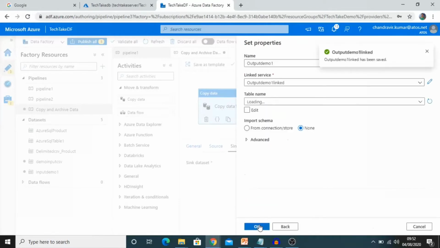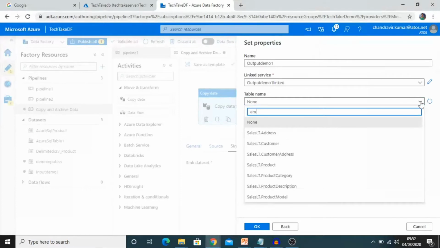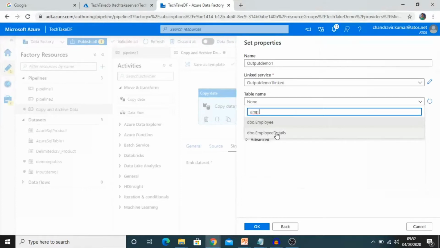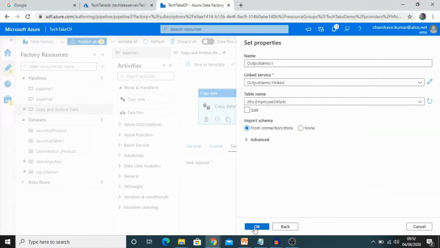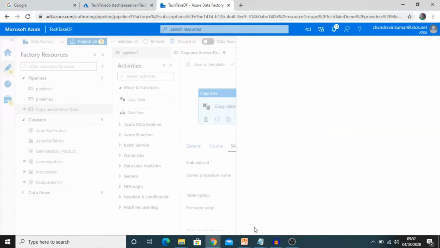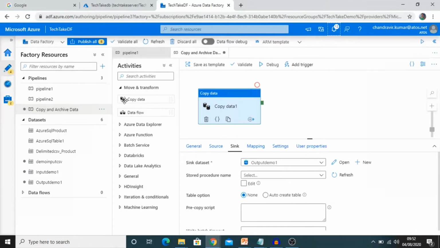It's creating. So the linked service is created. Now configure it on the dataset. I am selecting the table name here, the employee details, and hit OK button. So our first copy data 1 activity is completed.